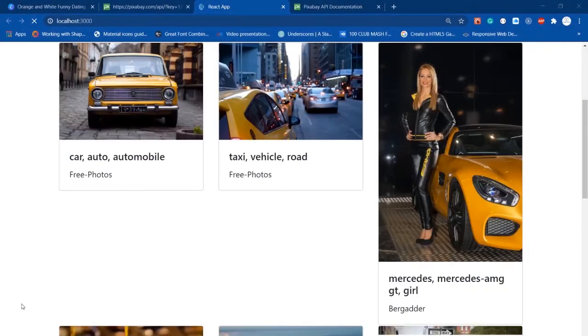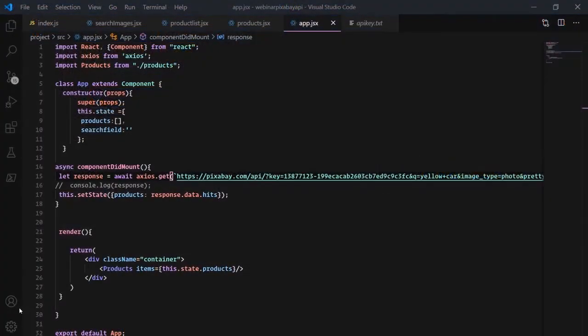And as you can see, you can get all the card data here. Okay, so this attribute, this property, we have to make it dynamic, right? So how can we do that? I'll move back to Visual Studio Code again, and the first thing we have to do is move back to search